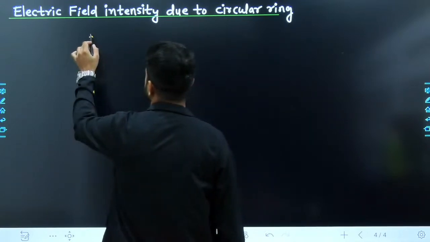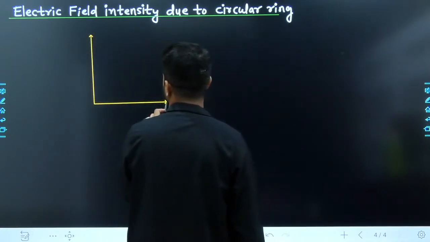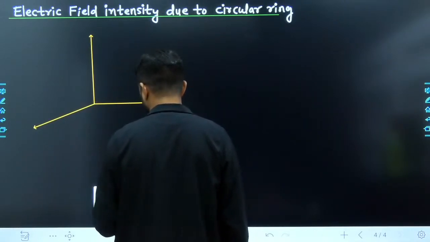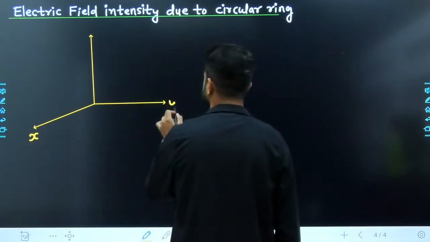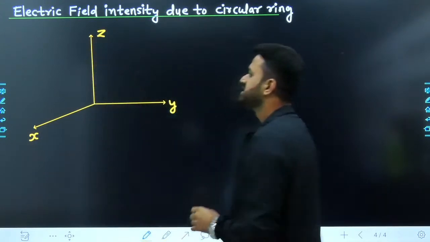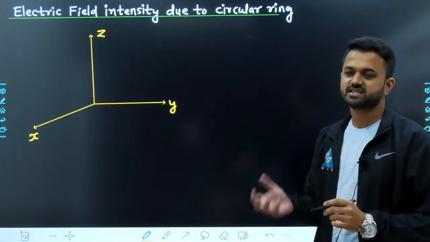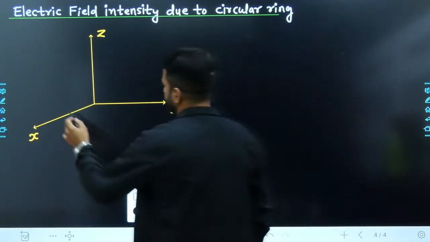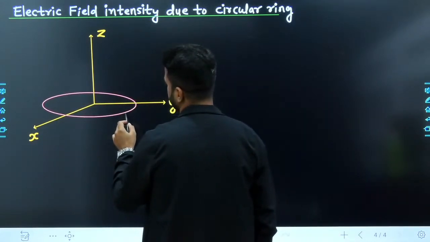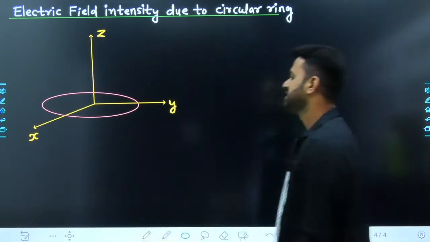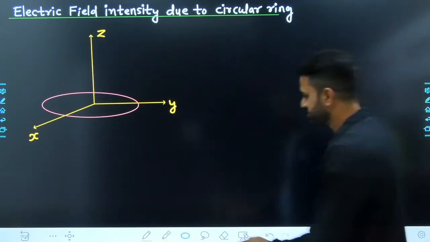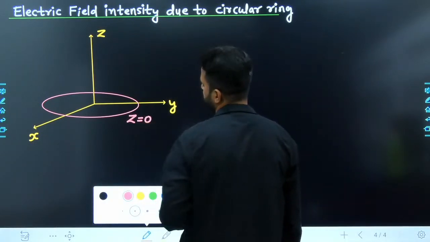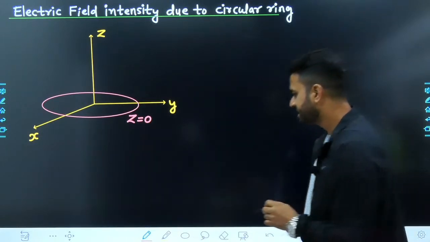So suppose there is a coordinate system. This is the coordinate system. Let us say this is x, this is y, and this is z. Suppose a charged circular ring is placed in the z equal to 0 plane. Suppose a charged circular ring like this, it is placed at the z equal to 0 plane. At z equal to 0, that is the xy plane, it is placed, and the radius of this circular